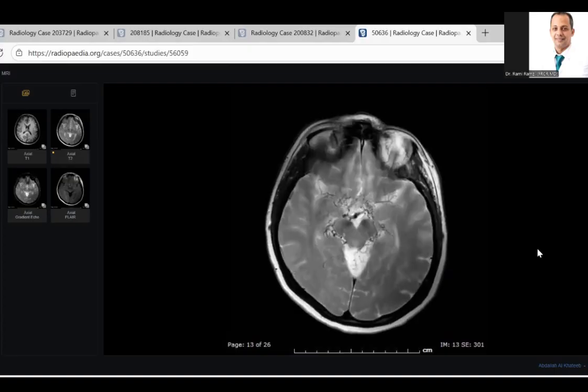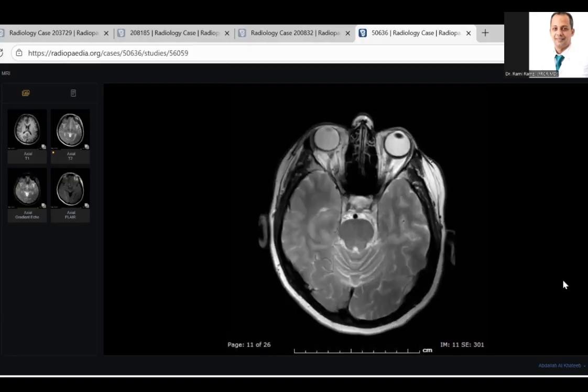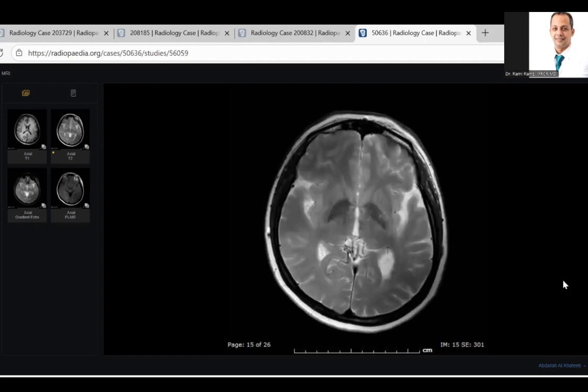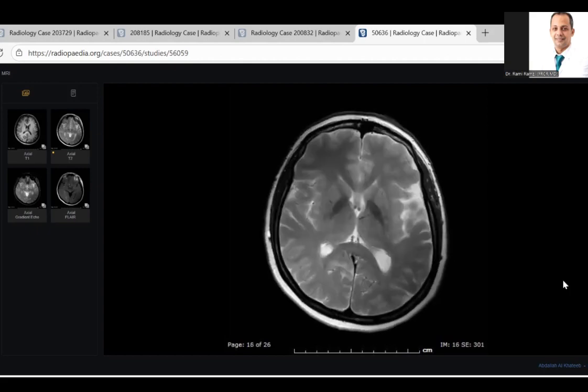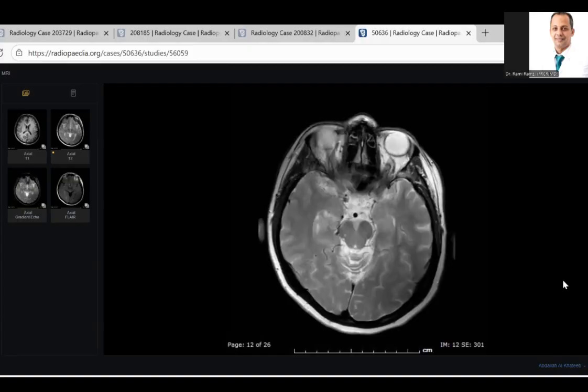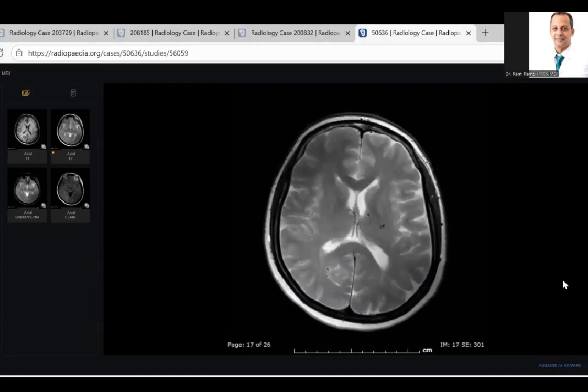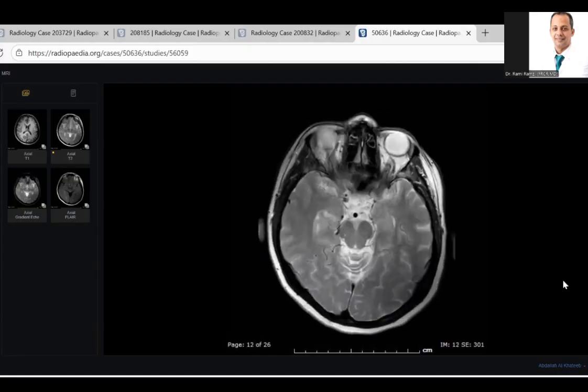I can see also that there are multiple signal voids, collaterals noted surrounding the brainstem, and also surrounding the circle of Willis. And also I can see multiple signal voids noted within the basal ganglia and also within the